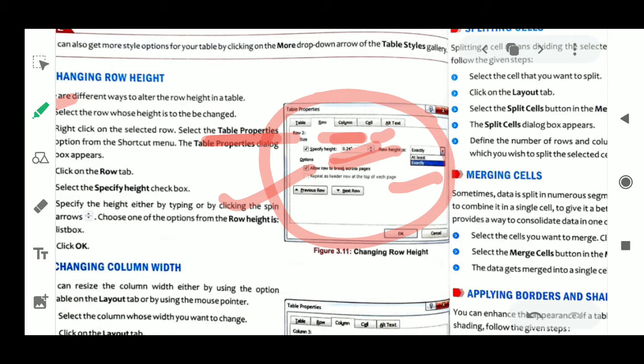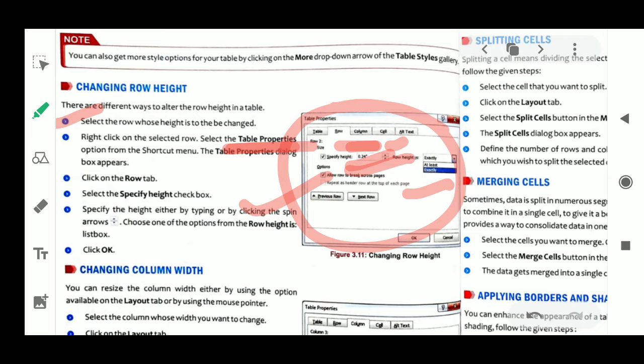Next, the same thing we can perform without this option, with the help of the mouse also. How can you do this with the mouse?